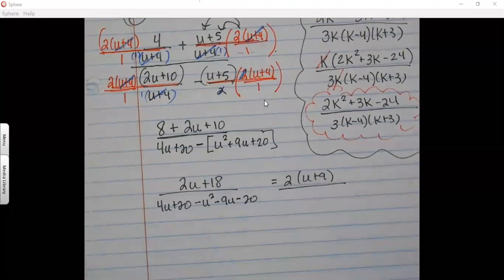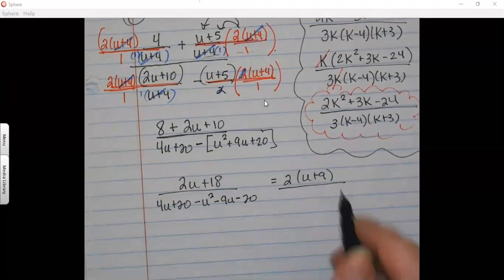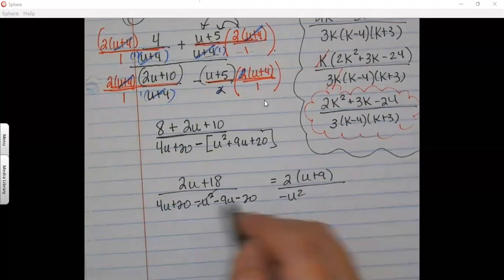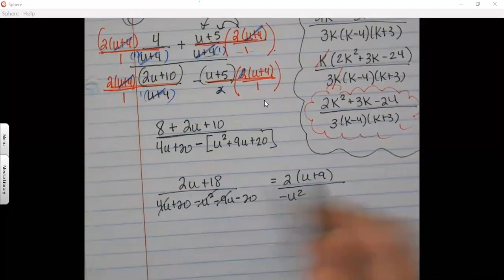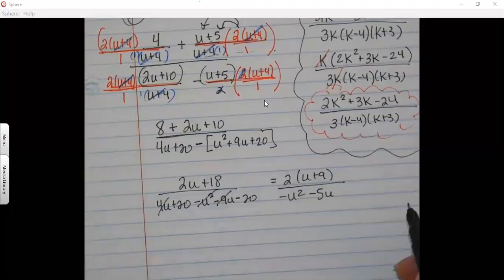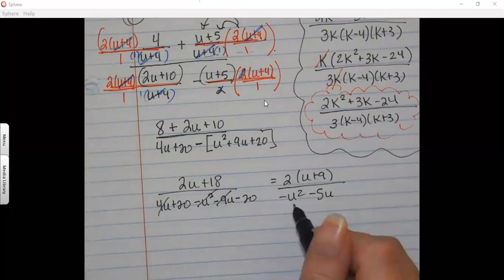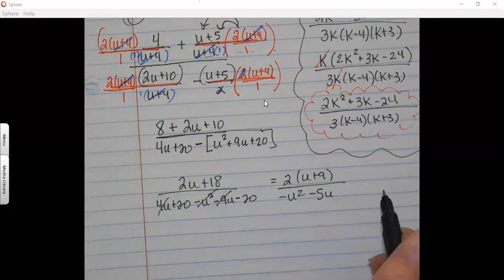Denominator. Oh my gosh, they left negatives in the denominator. I would never do that, but they did. I have negative u squared. 4u and negative 9u make negative 5u. And 20 minus 20 is 0. So me personally, I would have factored out the negative and moved it to the numerator. I see in the answers they did not. To me, that's a big no-no, but hey, I didn't design the test key. So they did not, and then they also